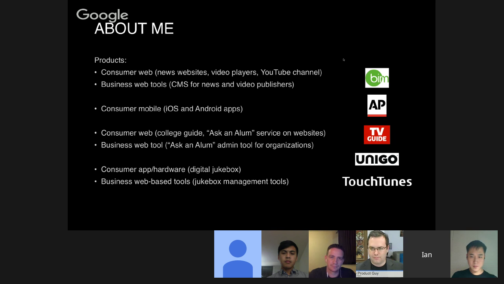But by far the most complicated ecosystem that I've worked on has been at TouchTunes, where we build jukeboxes and sell them to operators who then get the jukebox into a venue where you deal with not only the owner of the venue, but also the bartenders, and eventually the end consumer who basically goes up to the jukebox and experiences it. And then also we have users of a mobile app that does basically everything that the jukebox does. So a very complicated